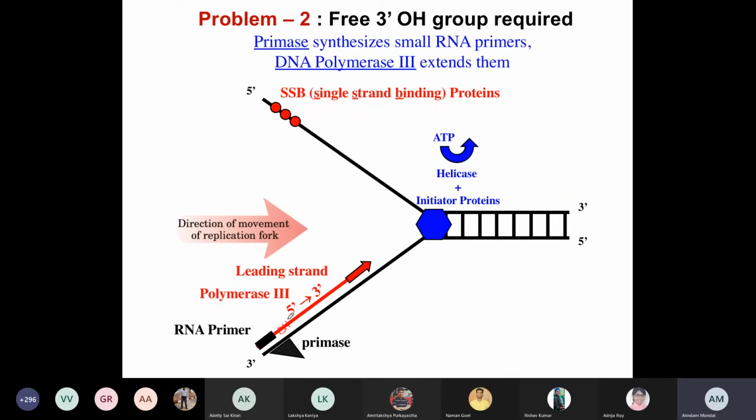So one particular DNA polymerase performs the DNA synthesis. There are two different kinds of DNA polymerase that we are going to talk about, and actually DNA polymerase 3 synthesizes the DNA. Here, utilizing the 3' OH of the RNA primer, the DNA polymerase can initiate the DNA synthesis and then extend it, so that the DNA polymerization process could be initiated.